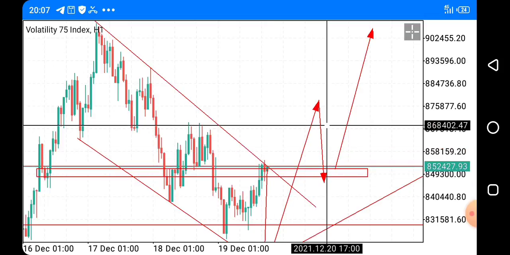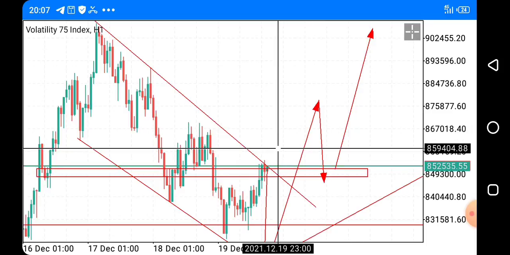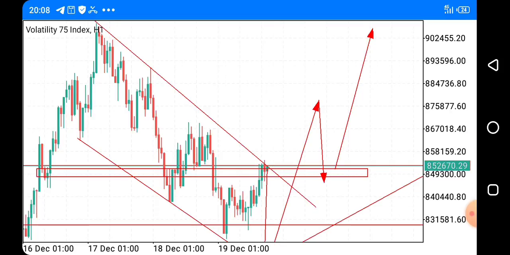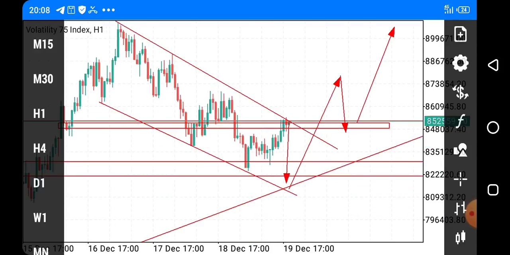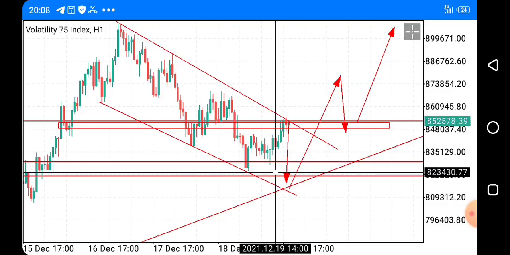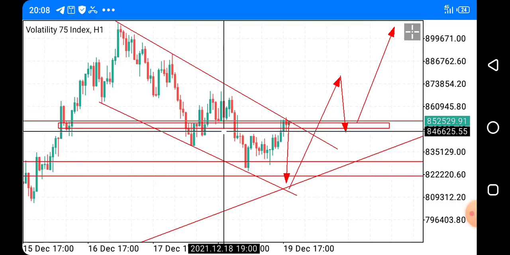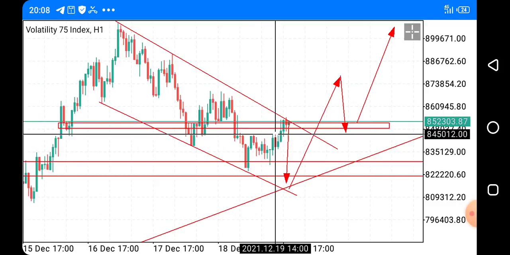So that is how it is now. The only thing I have to do is sit on my fingers and watch price play out. When it plays out, I react after the market. I only do what I see the market telling me to do and not rush. All right, so that is very important. Many traders are not profitable because they don't have patience, are just afraid to miss a setup, and they rush, enter trades, and then they end up losing. So when you do your analysis, you wait for it to play out. If it doesn't play out, fine, you move on, and you are probably going to find other setups that will give you the money.